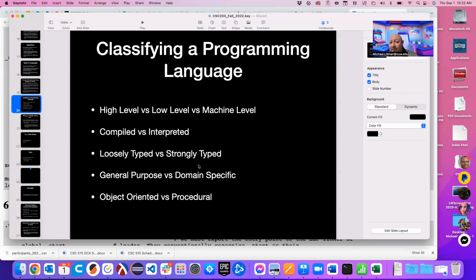Compiled languages typically use strongly typed variables, which means that when you create a bucket to hold a value, you have to tell the language what kind of value you're going to store in there at the time you create that bucket. Interpreted languages are typically loosely typed, where you can create a bucket and you don't have to tell the language what kind of thing you're going to hold in there. It'll figure it out when you throw the first thing in, okay? But you can also change the thing that's in there, which from a programming perspective doesn't actually make a whole lot of sense. And that'll become clearer once we get into this.